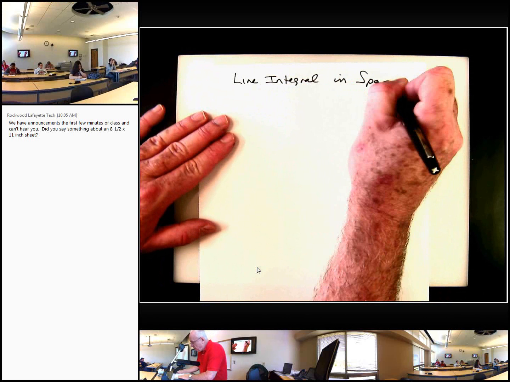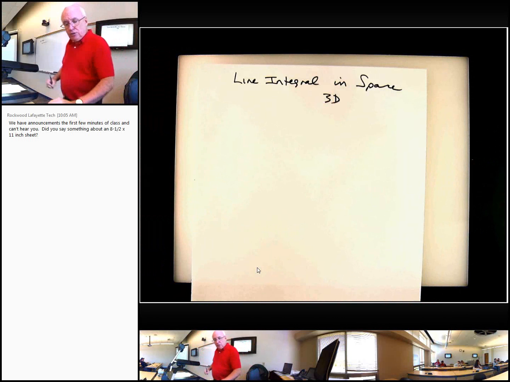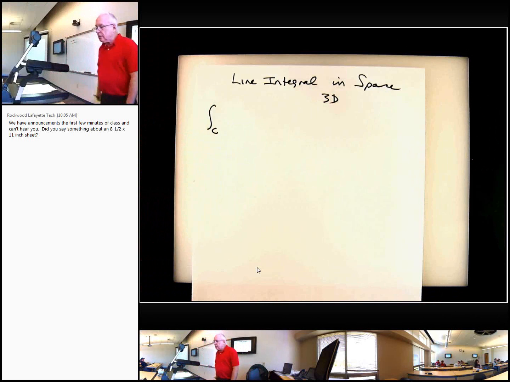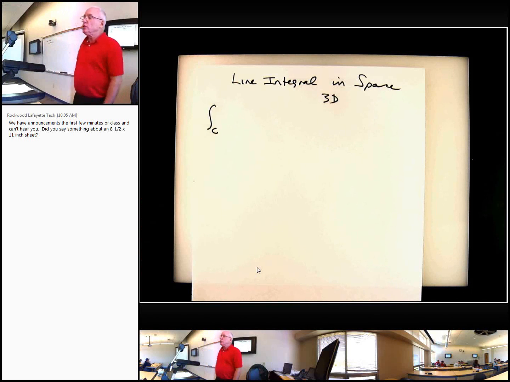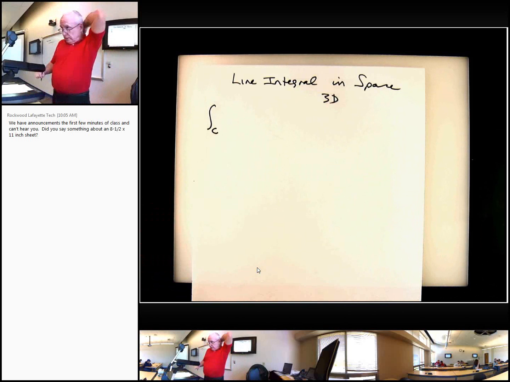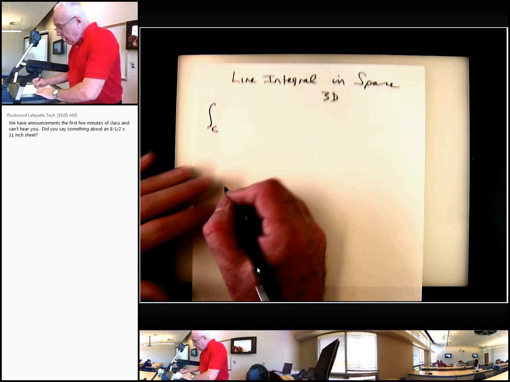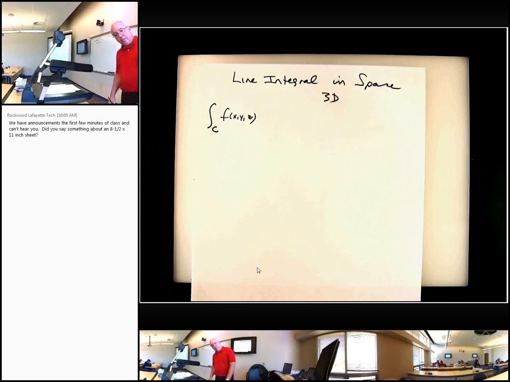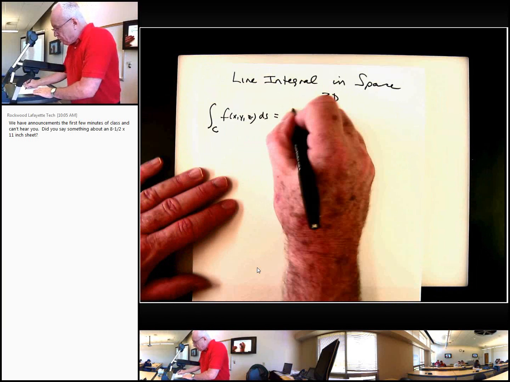And that's going to be the 3D situation. Let me just write this out: the integral along our curve C. Now this time C is a three-dimensional curve just going all over the place. Who knows? We've seen some pictures, at least I know last semester, of how strange these curves can look. Of f of x, y, and z, so we'll have three variables here, ds, is equal to the integral